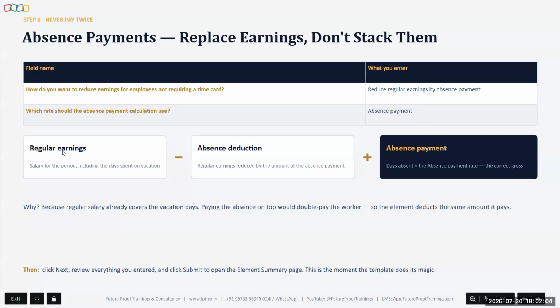So regular earnings minus absence deductions plus absence payment. Simple. Absence payment means what? Days absence into absence payment rate. So we will discuss this in depth in the rate definitions, and we are going to work this